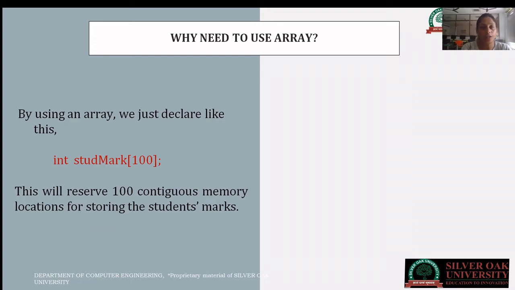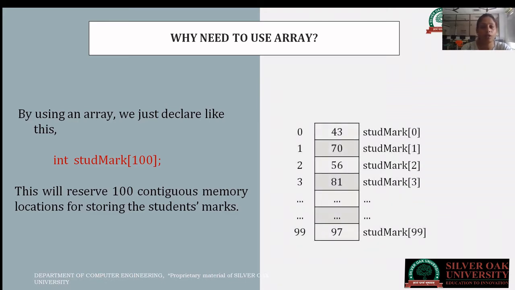Here one thing you need to remember: all array elements have the same data type. If for one student's data we take integer type, then for all 100 students you have the integer data type only. So the name remains fixed, the type remains fixed, and the size you can define as per your requirement.